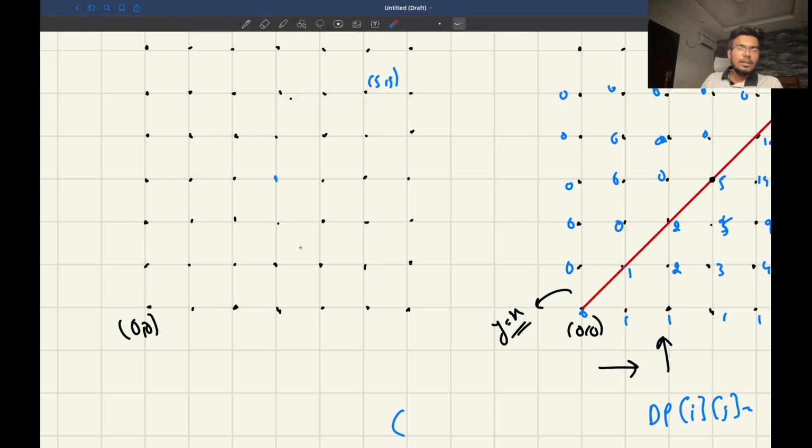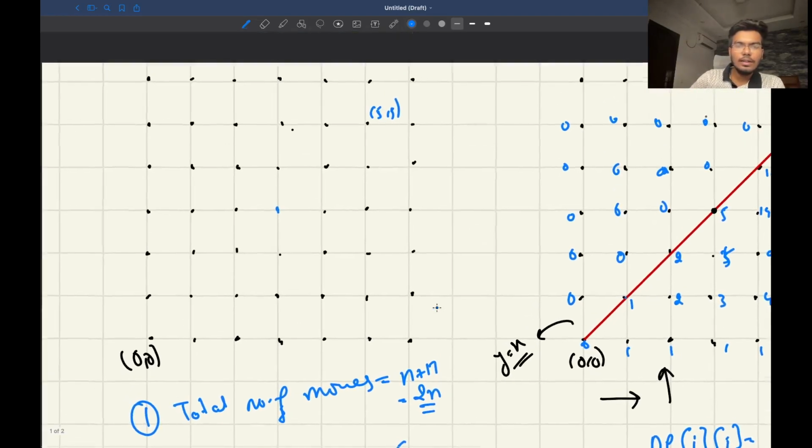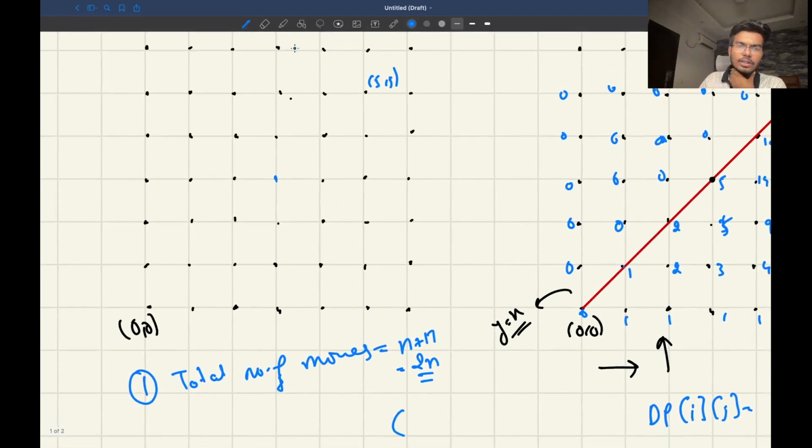Right? So what we observe is that if we want to reach from 0 comma 0 to 5 comma 5, the number of moves will always be equal to 10. So that is our first observation. Our first observation is that the total number of moves is equal to n plus n, which is equal to 2n, right? And like out of these 10 moves,